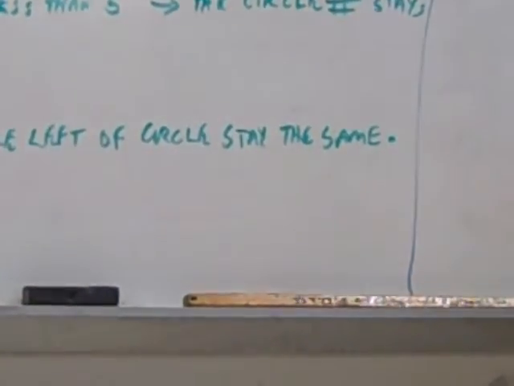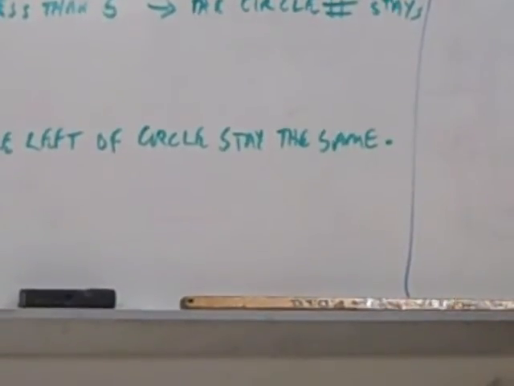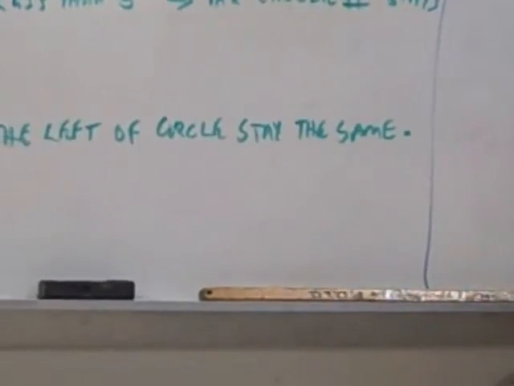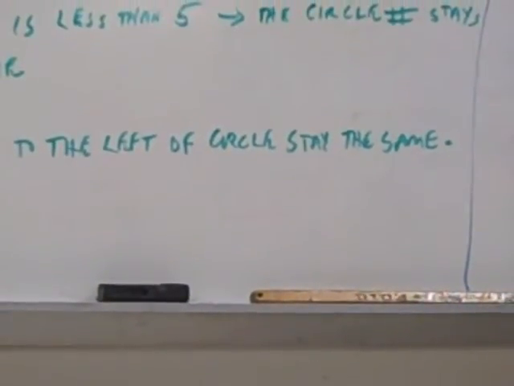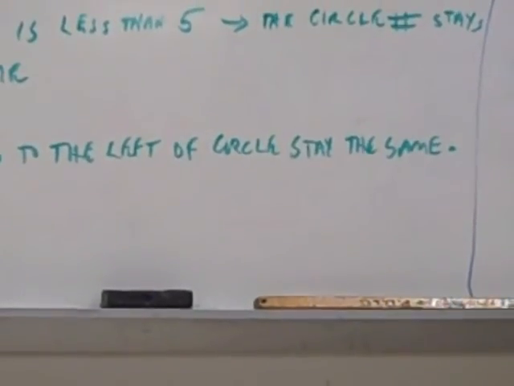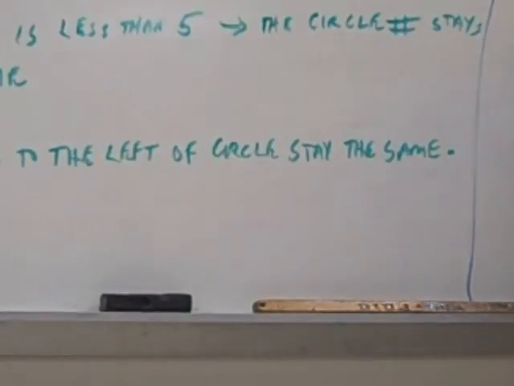All digits to the left of the circle are going to stay the same. Now remember, this is after we've already done our rounding number. I didn't say I rounded it. I said it's the number I'm trying to round. Right? Now, look to the left of